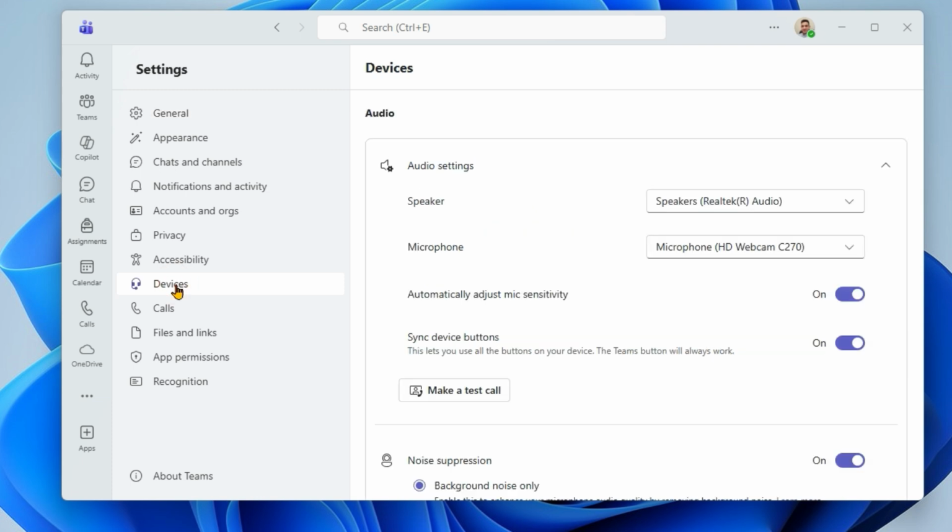The first reason is that the Make a Test Call feature is only available in Microsoft 365 work or school accounts. If you're using a free personal Teams account, or logging in with a non-organization email like Outlook.com or Gmail, the feature simply won't appear. Microsoft limits some advanced settings to organizational accounts only. So, if you're using Teams for free or for personal meetings, you won't see the Make a Test Call button,